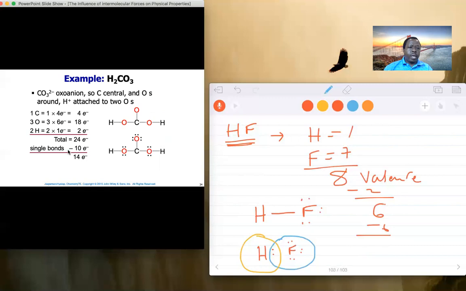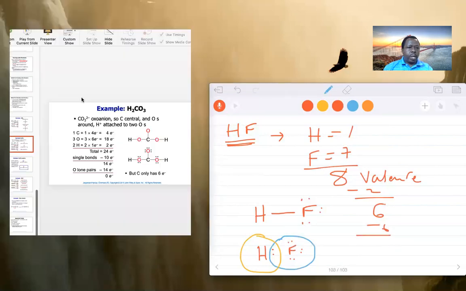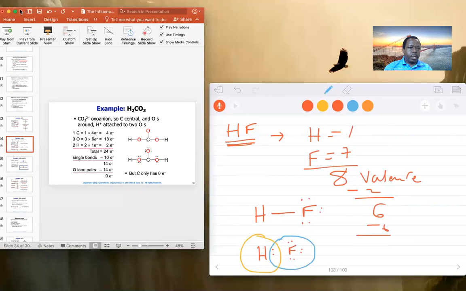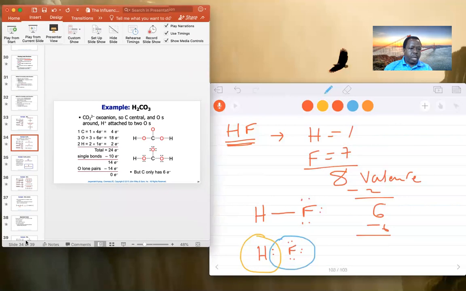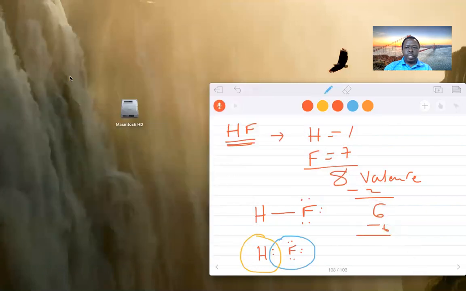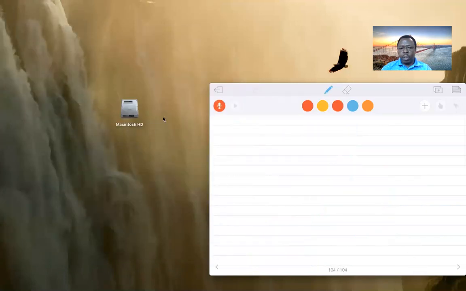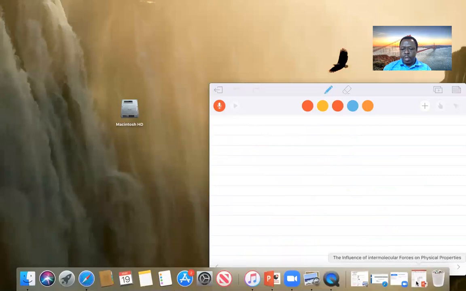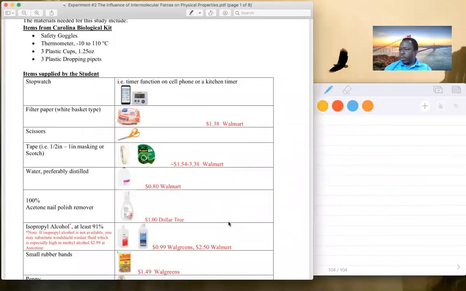With that, I just wanted to end this presentation on the PowerPoint slides. You're going to read more on this. What I want to do is fast forward to the procedure for the experiment. I believe it's right here, which, according to the handout,